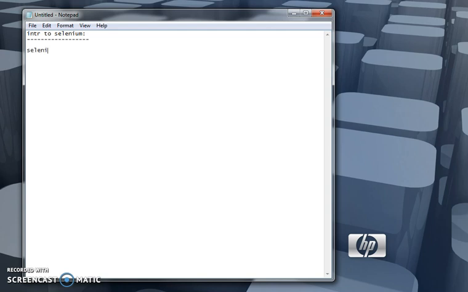Selenium is a sort of software used to automate web browsers. What is Selenium? Selenium is a suite of software tools to automate web browsers. And it is an open source suite of tools